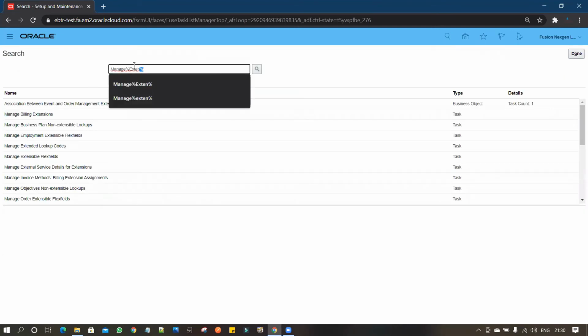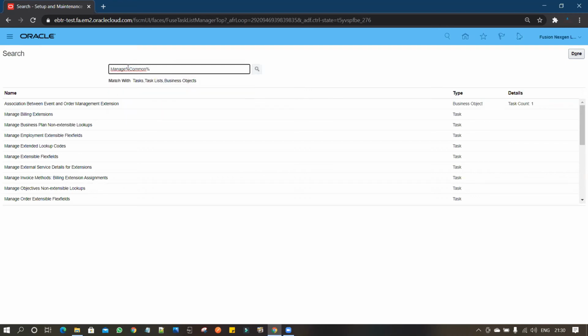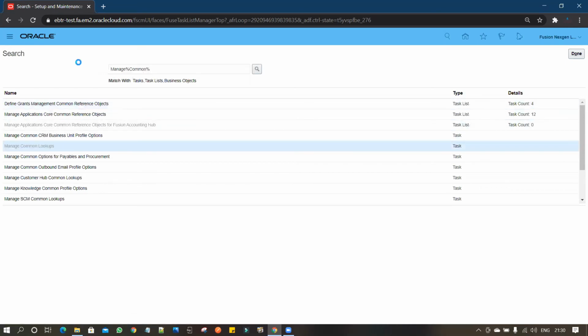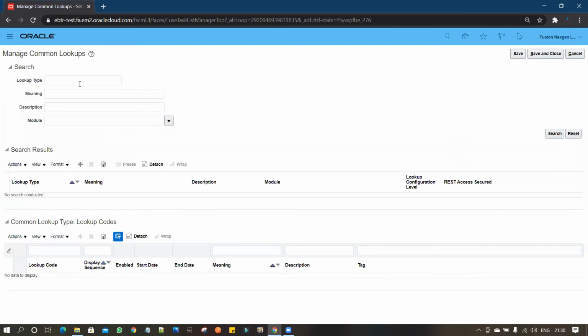After that, you have to go to manage common lookups. Under manage common lookups, you have to define the lookup.